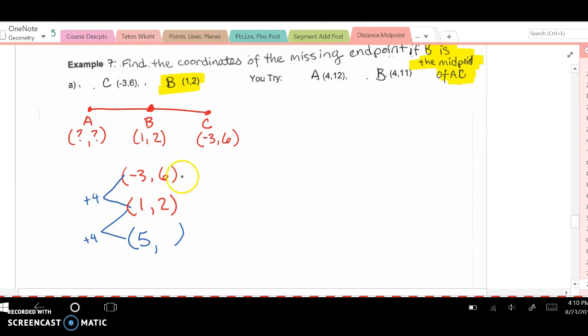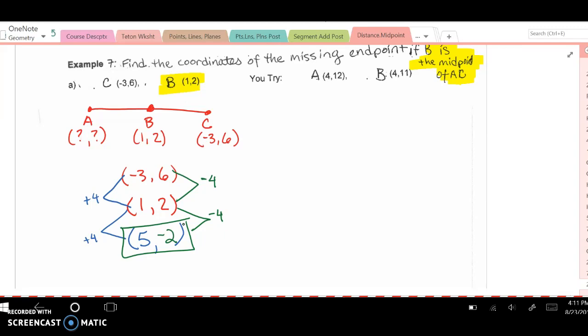Let's go to the right-hand side and do the same thing. To get from 6 to 2, you subtract 4. So to get from 2 to the next number, you subtract 4 and you get negative 2. That other endpoint A, friends, it's going to be at 5, negative 2. So I'm going to let you do the U-try. Go ahead and pause the video, and then we'll talk about the theory behind it after we go over the